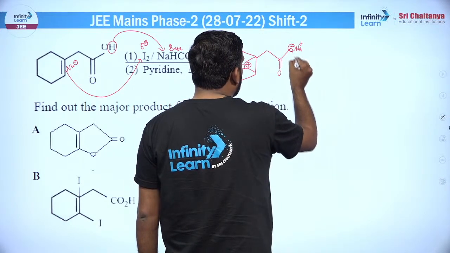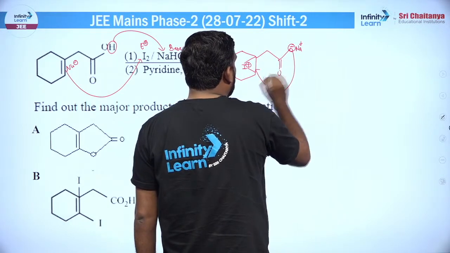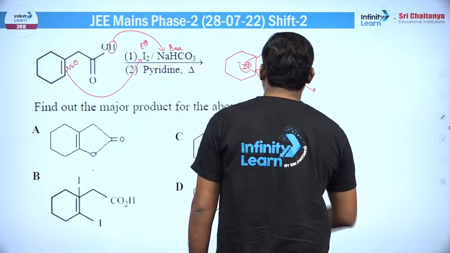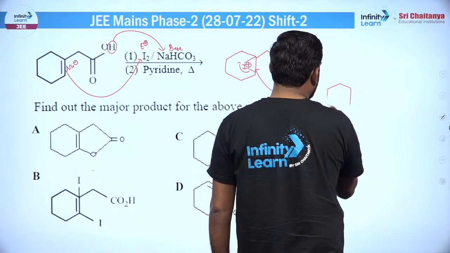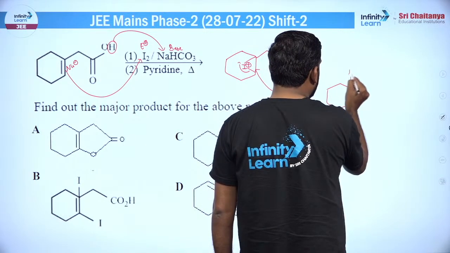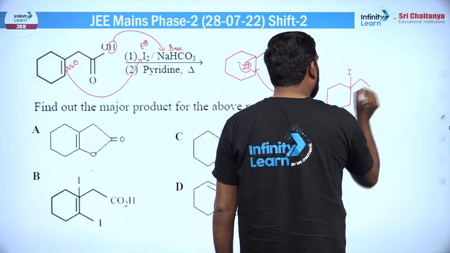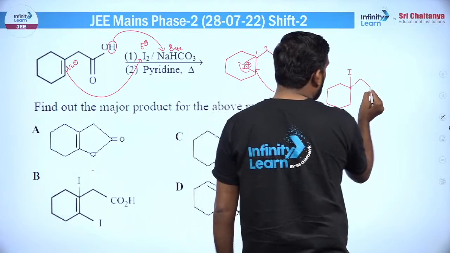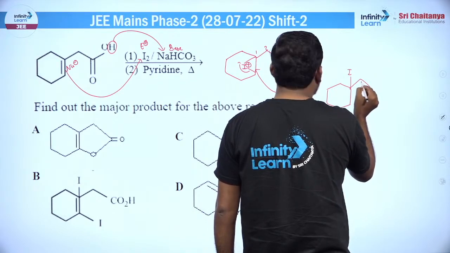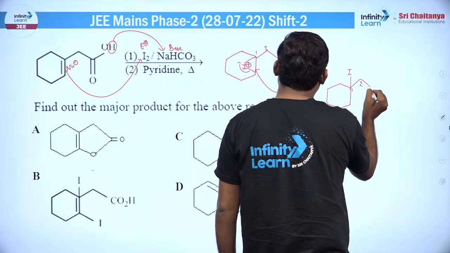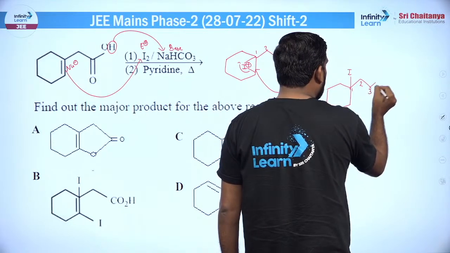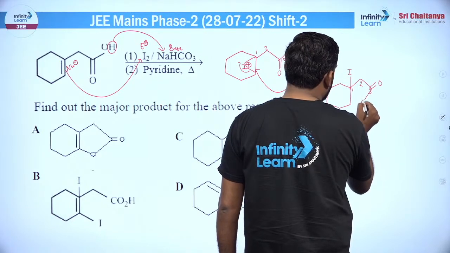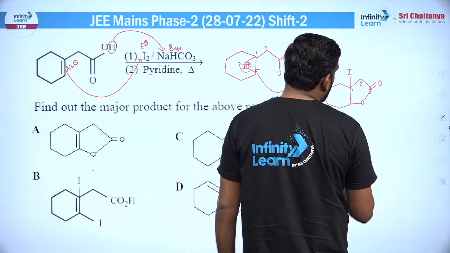ये तो री अटैक भी कर सकता है ना, बिल्कुल यहाँ पे आके वो री अटैक कर देगा, और इसको ओपन करा देगा। तो ये ओपन कराएगा तो आपको क्या देखने को मिलेगा, एक इस तरीके से, एक तो यहाँ पर आ जाएगा, ये आयोडीन इससे लग जाएगा। और यहाँ से ये आ जाएगा, देखो कितने कार्बन हो रहे हैं, 1 2 3 4। ये आपका 1 हो गया, ये आपका 2 हो गया, ये आपका 3 हो गया, और इस थर्ड वाले कार्बन के डबल बॉन्ड O भी जुड़ा हुआ है। फिर यहाँ पर क्या हो रहा है, यहाँ से ऑक्सीजन है जो बेसिकली इससे बॉन्ड बना रहा है इस तरीके का, ये आ गया।